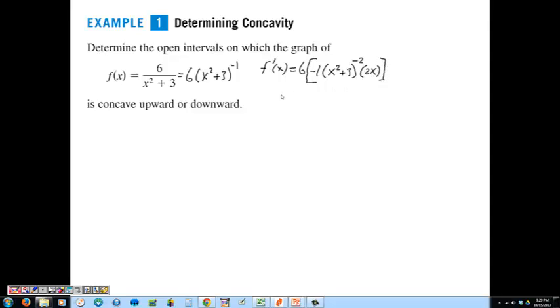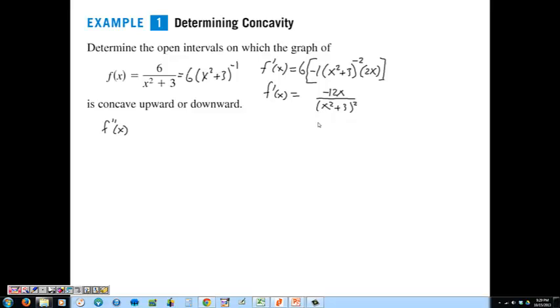Okay, cleaning this up a little bit. I have 6 times -1 times 2x, which is -12x, and since this gets the negative exponent, that goes in the denominator. So that's my first derivative. Now if I want to take my second derivative,